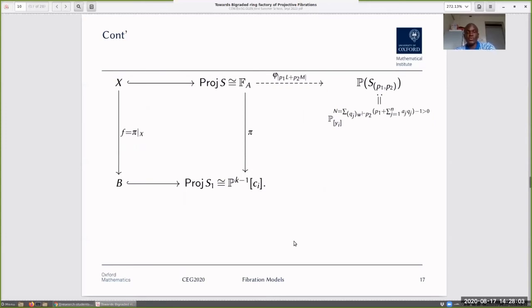diagram, where these fibrations F can be seen as living inside the scroll map by just taking the restriction of pi on some X, a subvariety of the scroll, and X could be taken as before to be in some linear system of some ample line bundle. So also using